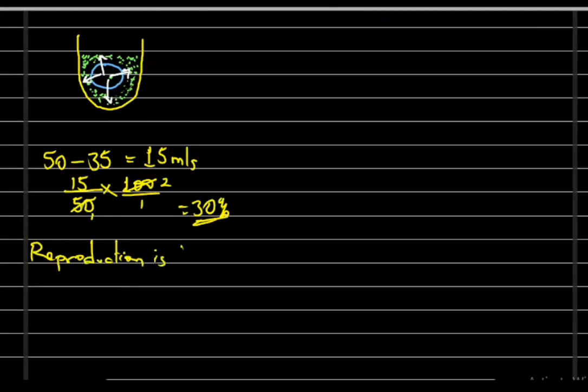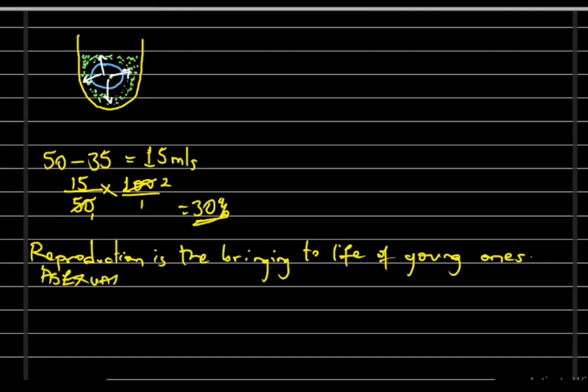Reproduction is bringing to life young ones, and they have two types. We have asexual. For asexual, we'll be having these examples like binary fission,